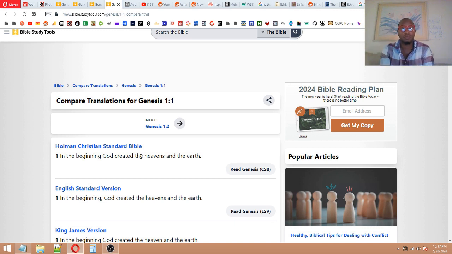The Holman Christian Standard Bible says, in the beginning, God created the heavens and the earth. Another version, English Standard Version, says the same, heavens and the earth. So which is it? Is there one heaven, or did God create multiple heavens?